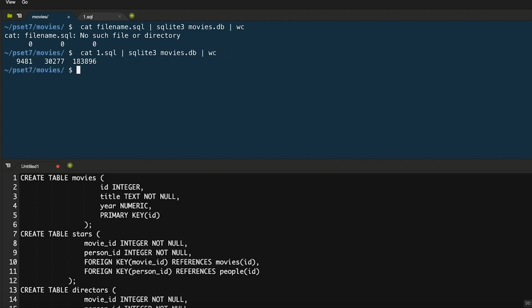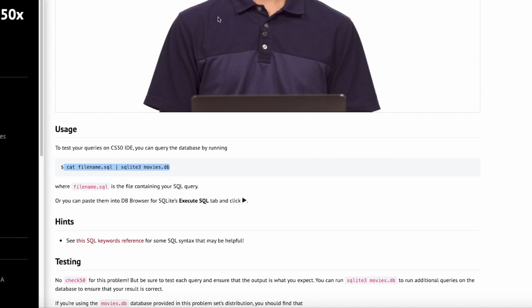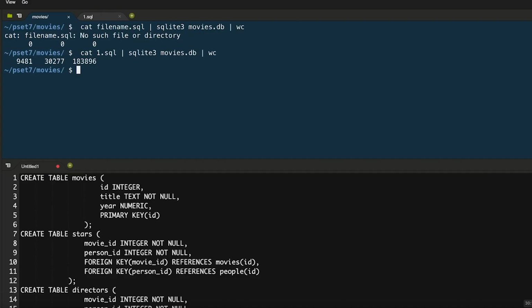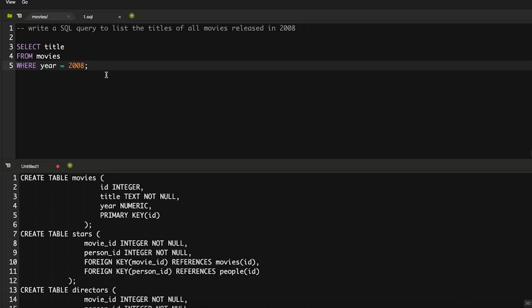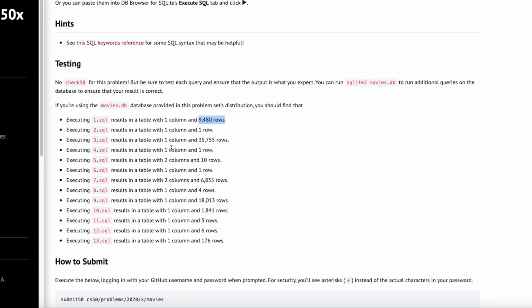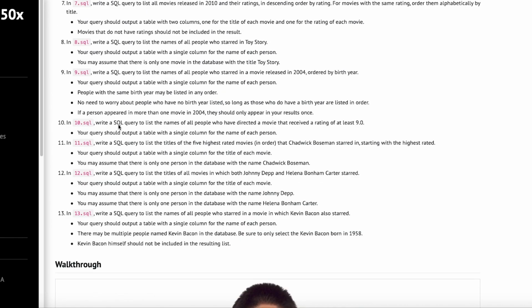So I see 9,481 with the header. So without the header, it's going to be 9,480 rows, which is what we got here. So that seems to be correct. So let's proceed to the next one. Okay, so this is done. It's pretty straightforward. So now let's move on to the next one, which is, let me bring it up here. Okay, the next one is